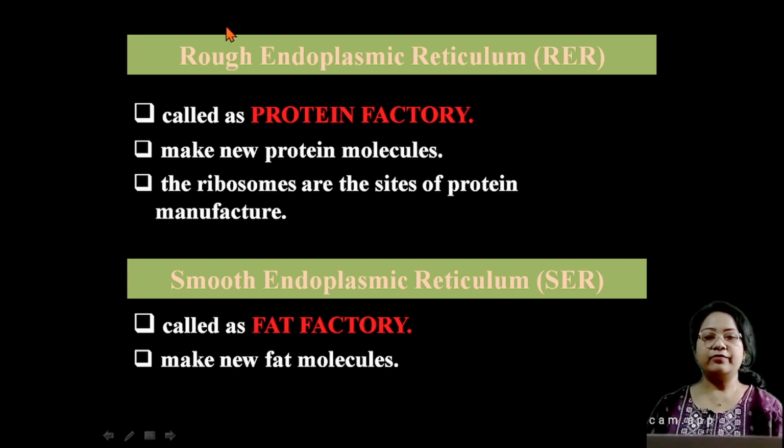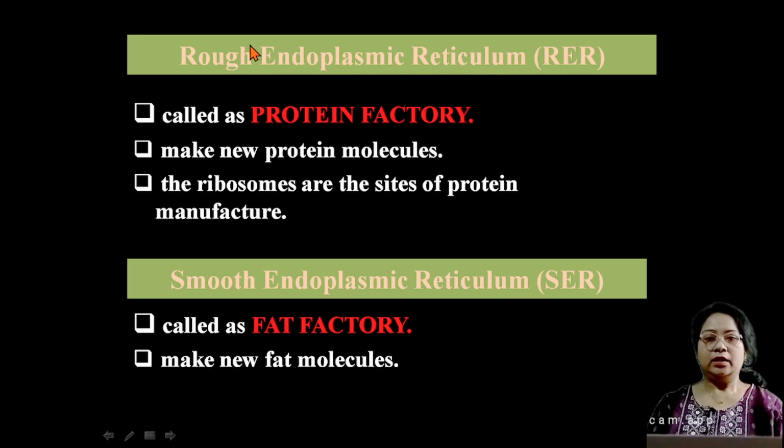Why is it rough? Because it consists of ribosomes. So the surface of the rough endoplasmic reticulum will be rough, and the smooth endoplasmic reticulum does not consist of ribosomes, so its surface is very smooth, for which it is called the smooth endoplasmic reticulum. And these two endoplasmic reticulum are attached to the nucleus, or we can say attached to the nuclear envelope inside the